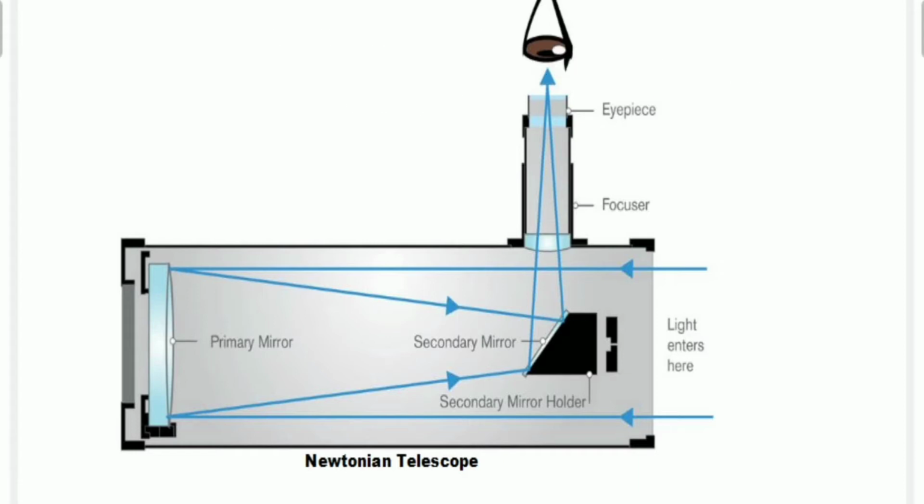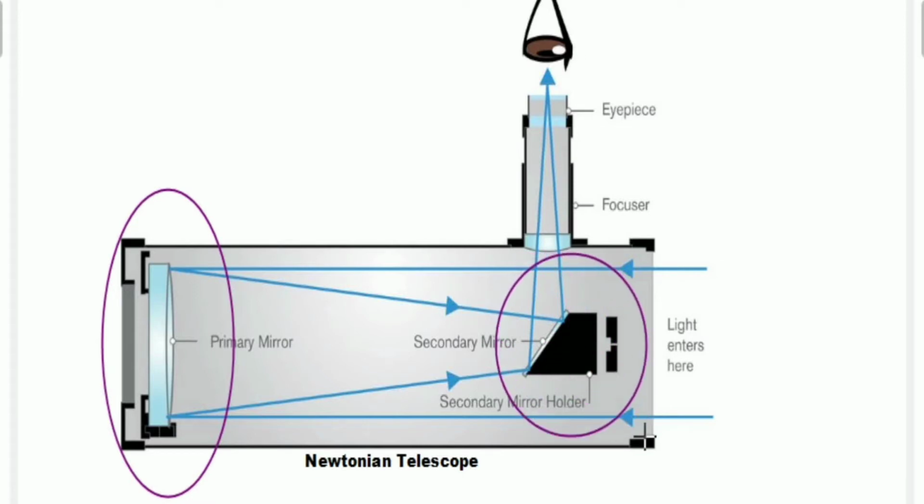If you observe a Newtonian telescope, you will find two types of mirror. Observe, this is the primary mirror, and generally it is a concave mirror. And this is the secondary mirror, which is a plane mirror. Which one is this? It is a plane mirror. Okay, now